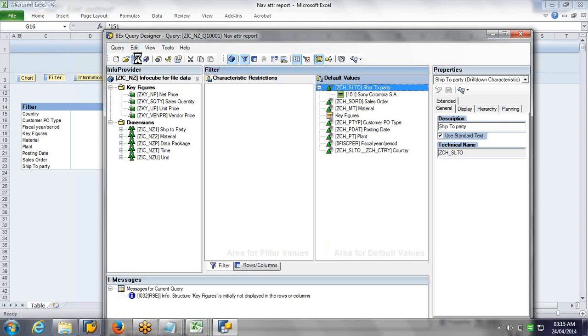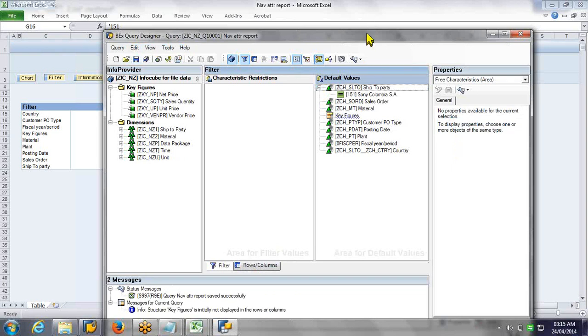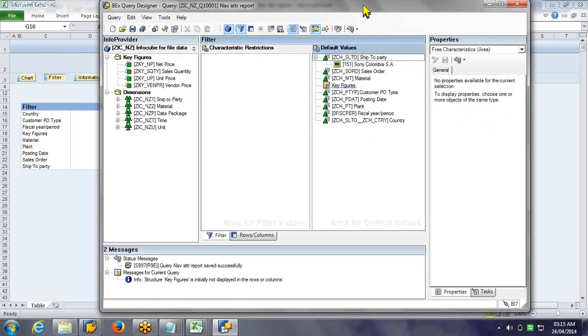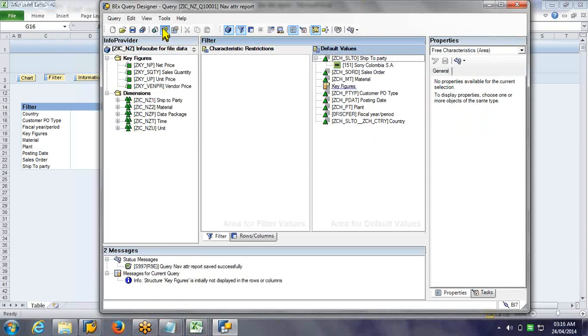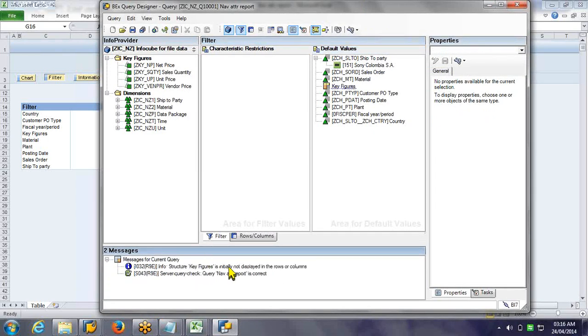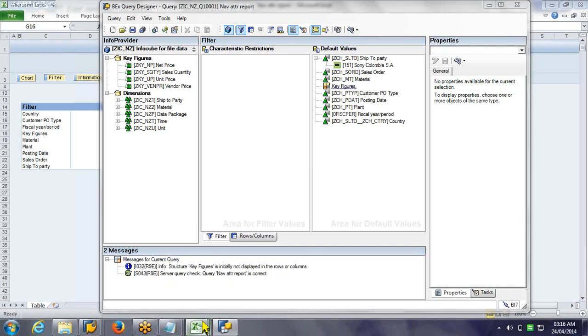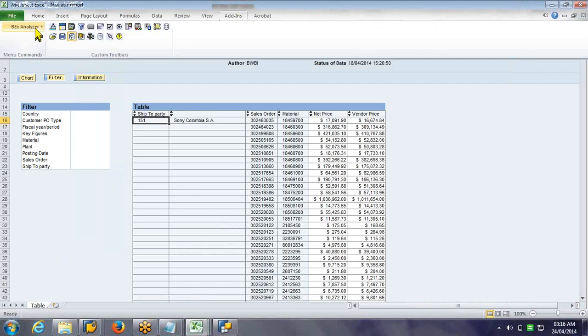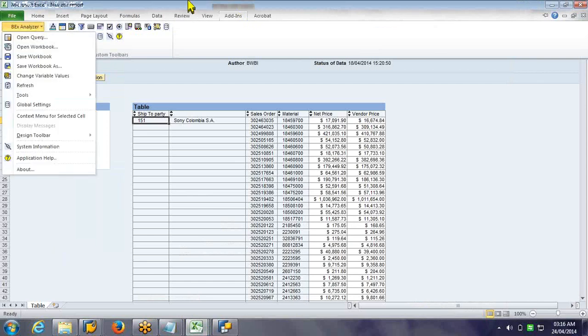Save it. Whatever changes I do at query level, after saving, carefully observe whether it is successfully saved or not. If you still have a doubt, click on check query. Everything is fine. Now I am doing some changes on the front end level, so it will automatically reflect. I need not log off and log in.